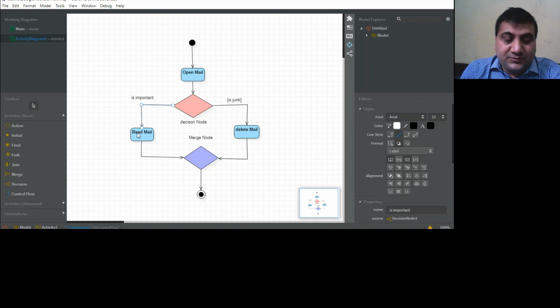So if it is important, this decision is going to make read mail, and if it is junk, this decision is going to make delete mail. And this one is called the merge, where either it is deleted or the mail is read. After all, at the end, we are going to stop our reading mail. So this is all about the activity diagram. We can draw the activity diagram